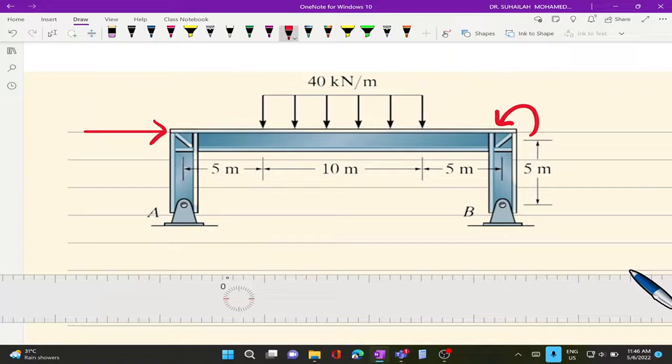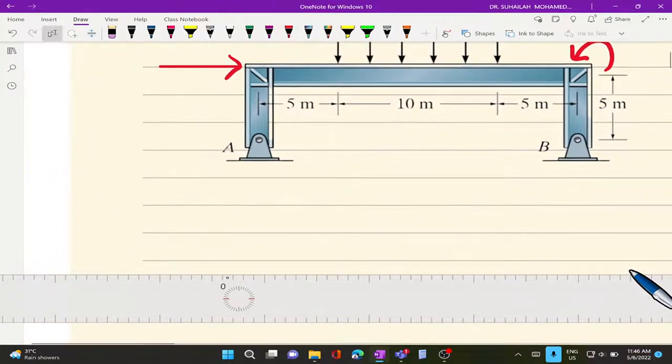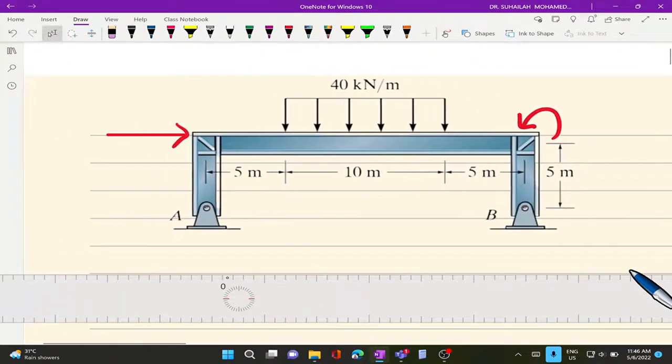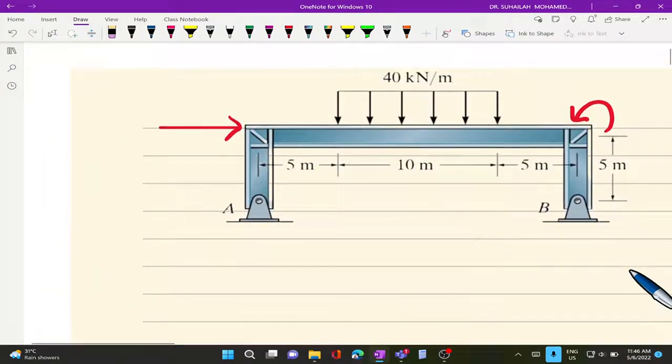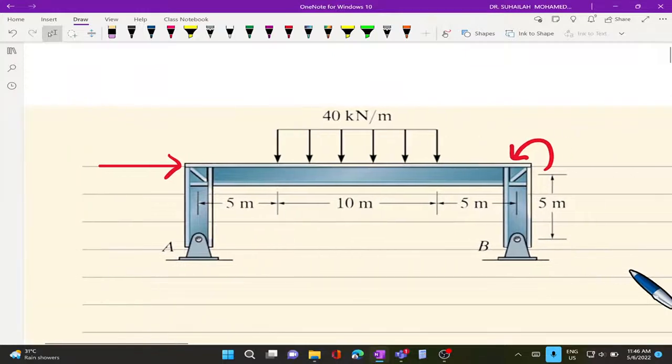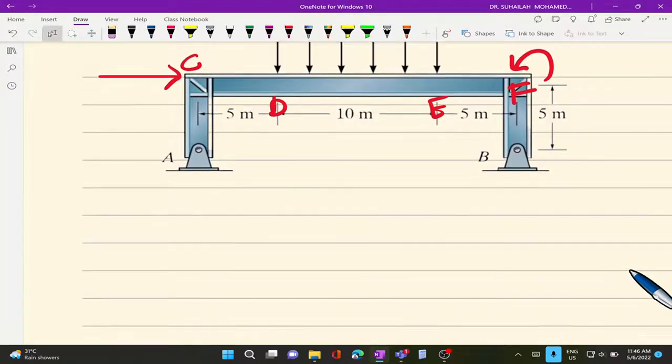Okay, so we label as A, B, C, this is C, this is D, this is E, and F. So to analyze this,